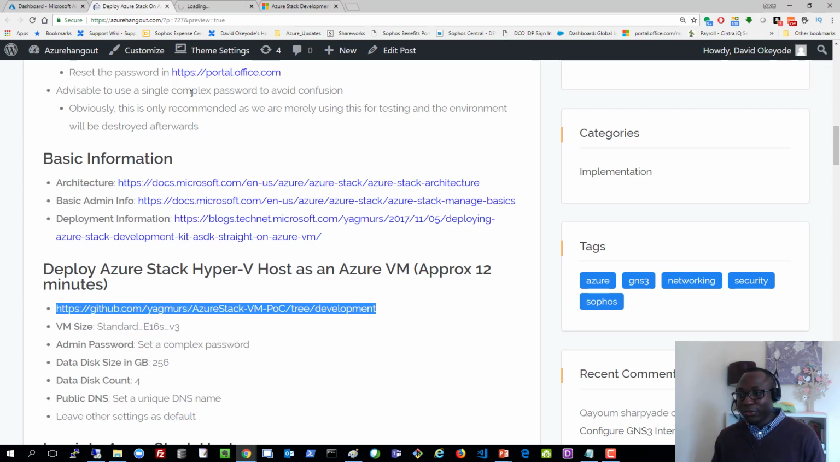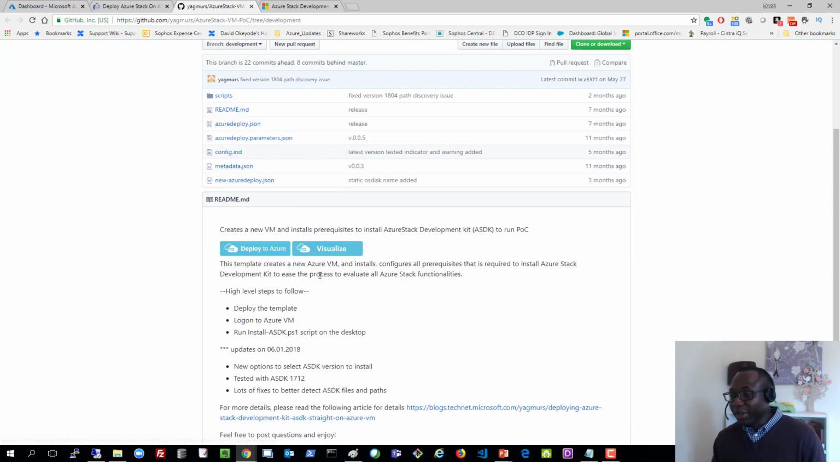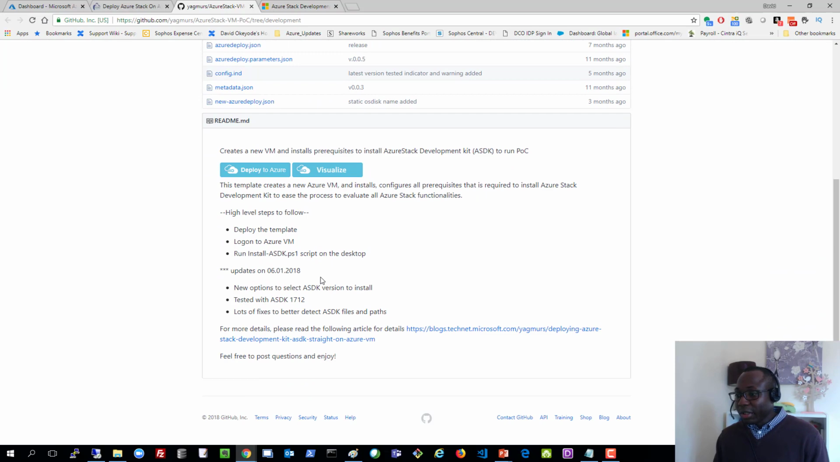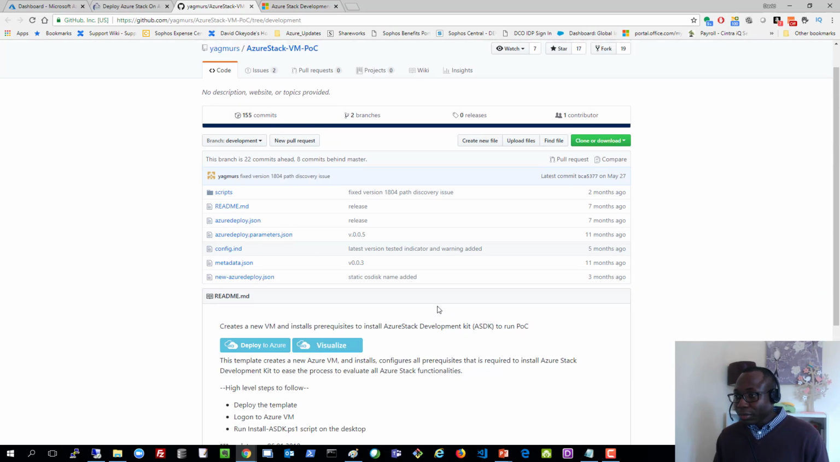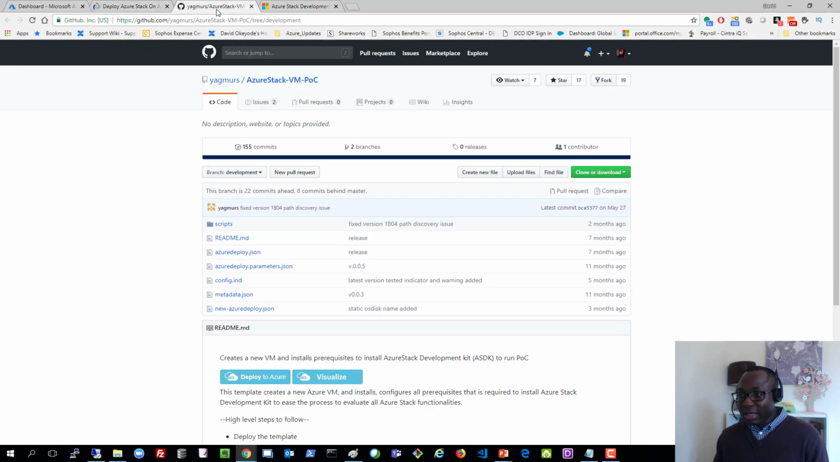So there's no need for us to reinvent the wheel. Somebody else already created an Azure ARM template that simplifies this process. Whoever created this template, thank you very much. It simplifies things a lot. Okay, so I have the link in this blog post, so I click on that, and then